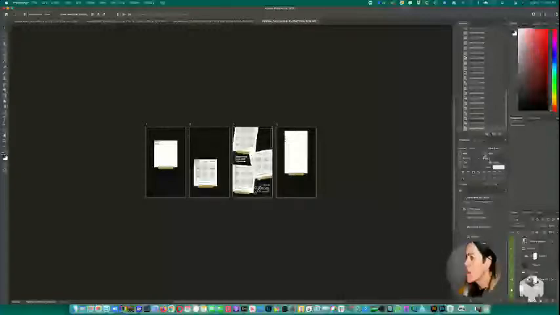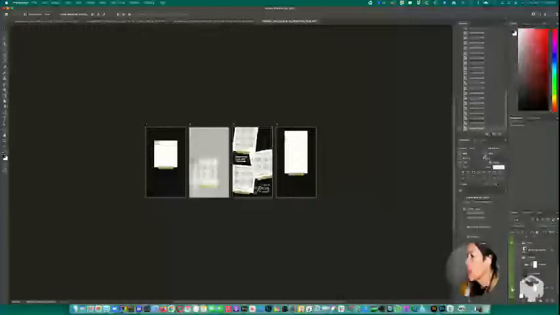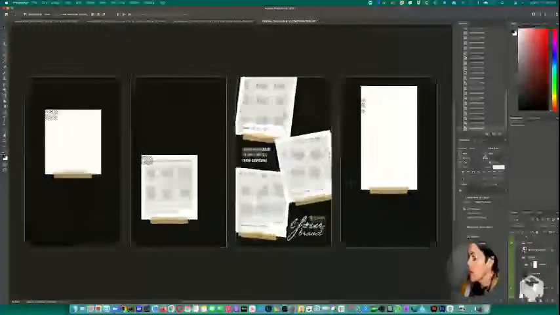And then let's see what this is. I'm trying to get rid of this your image thing. Where did it go? Let's see if we can make this bigger for you.